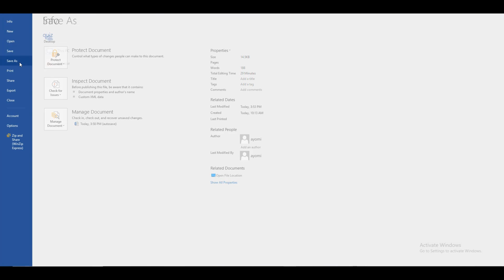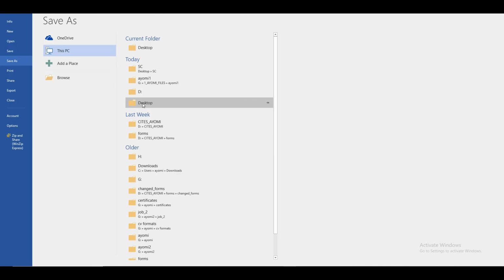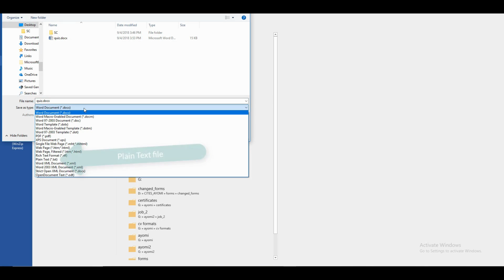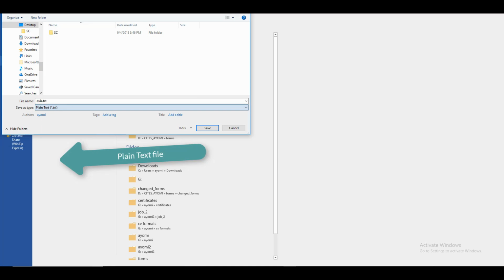You can go ahead and click on File, then Save As, and give the file type as plain text and click on Save.